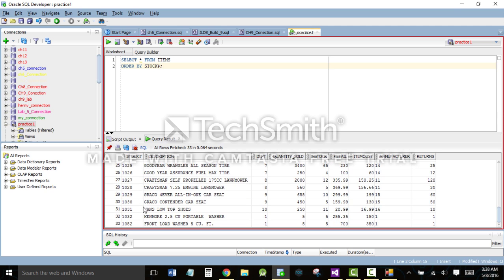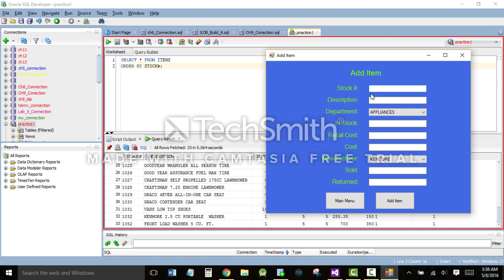And we can see that the largest stock number is 1052. So we're going to add a new item and we're going to give it a stock number of 1053. This is a primary key, so they all have to be unique. And we're going to input the description, which is going to be a front load washer, 5 cubic feet. Okay, this is going to go into our appliances department,